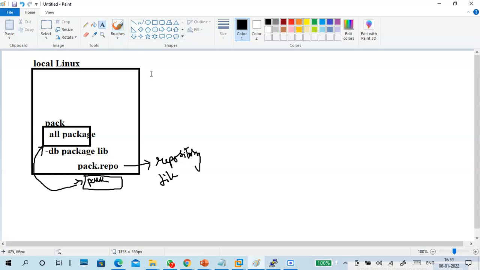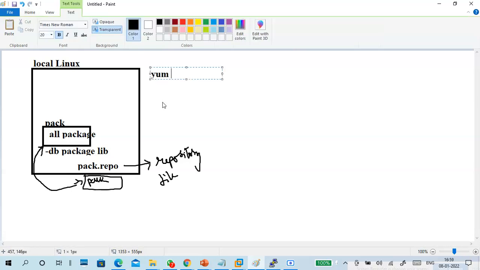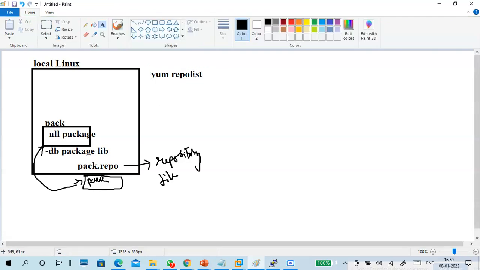Then I have to do these commands. yum repolist. So what will happen?